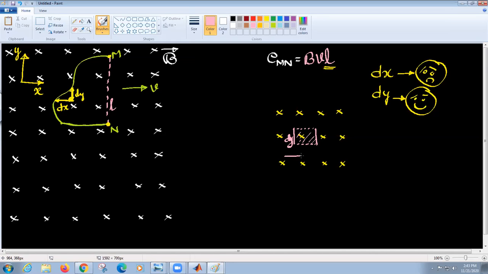If I take dx like this, anyways I have to move. When you are moving the entire wire towards the right, you are moving both dx and dy. Yes or not? That's very important. So you are moving dx like this, but this one is not cutting any magnetic flux. Therefore, he will not contribute to any EMF induction.